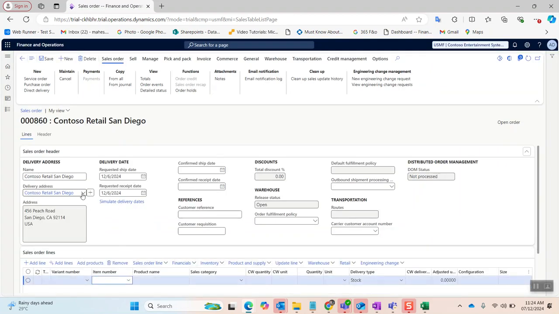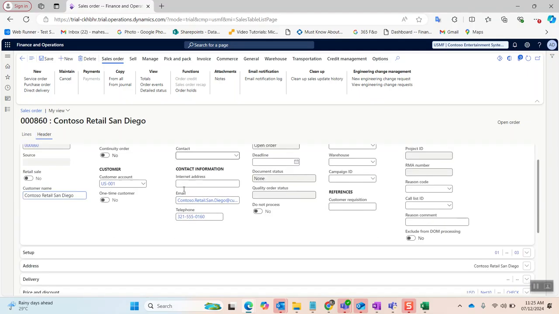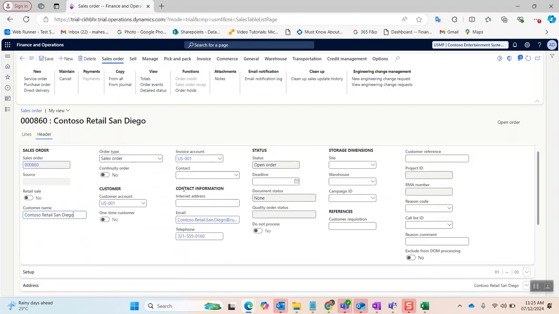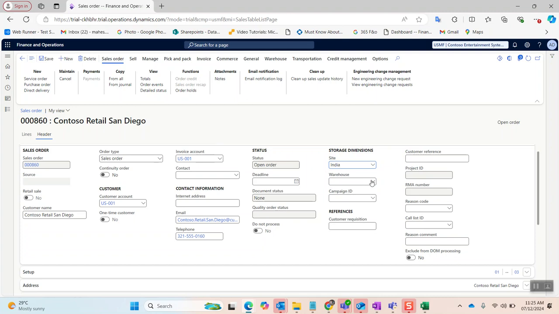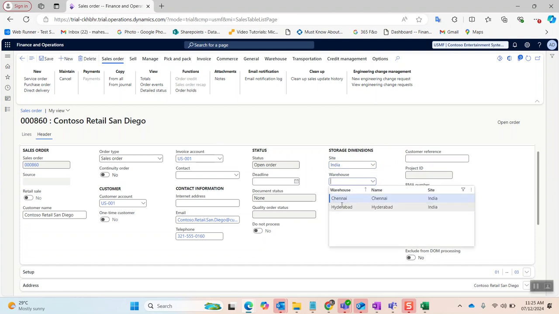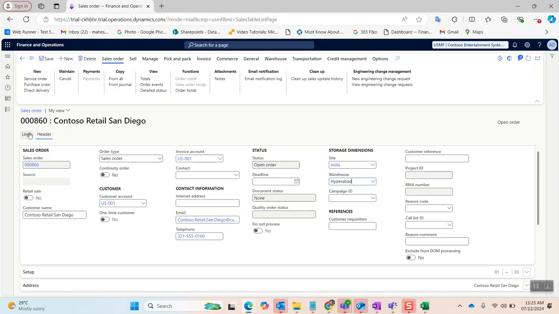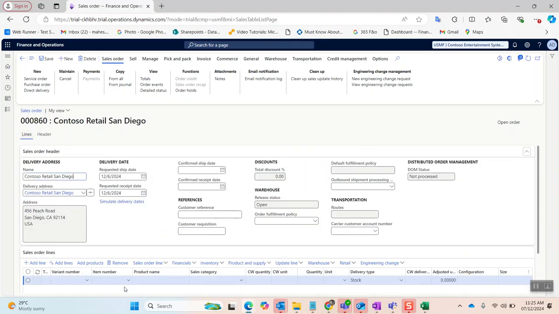I forgot to update the site and warehouse, right? You can update the site and warehouse at the header level in case you have missed it. So you will go to the header tab, and you can see storage dimension group, site and warehouse. You will select site as India, and warehouse as Hyderabad. Okay, and go to the line details, and here you will select the item, for example